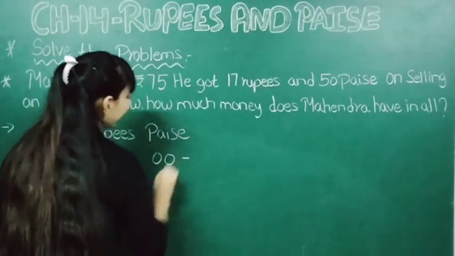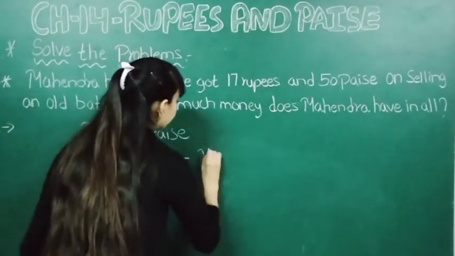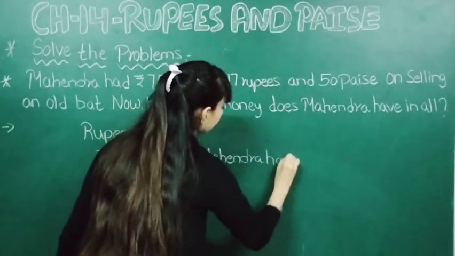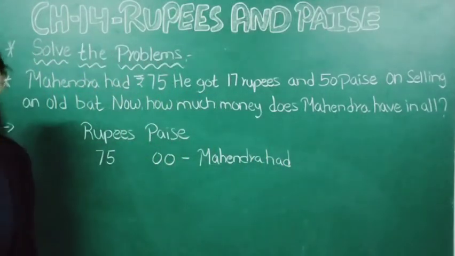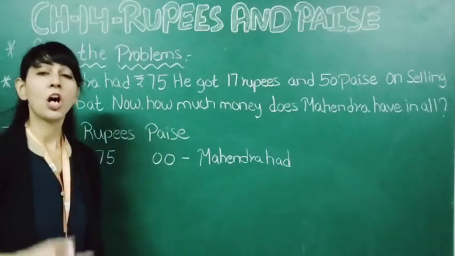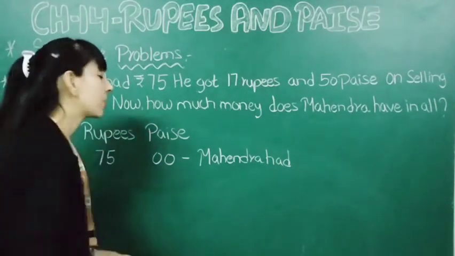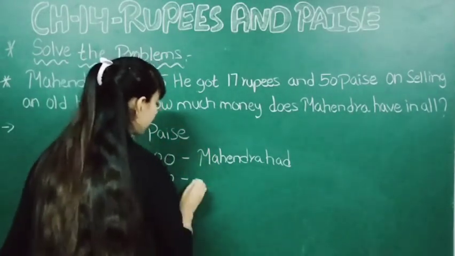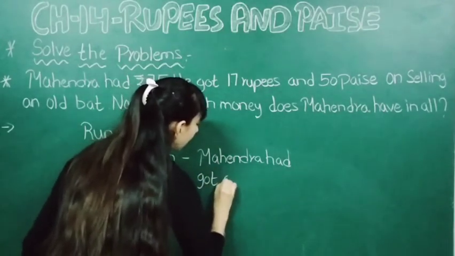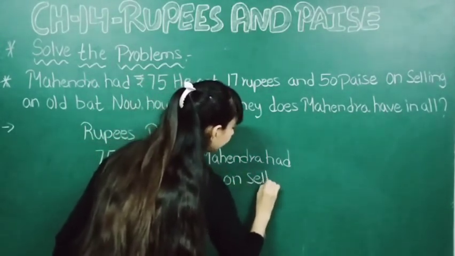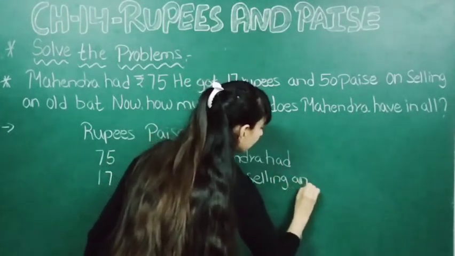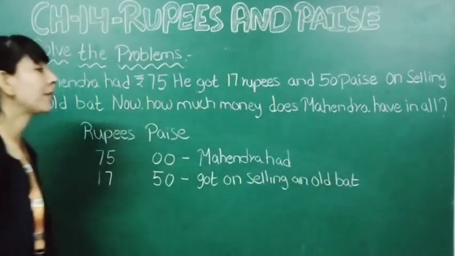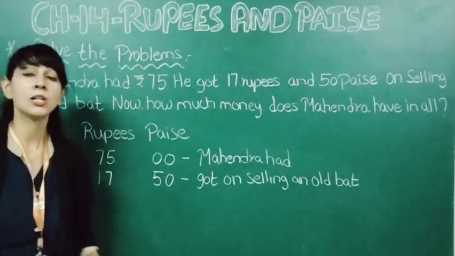Okay. Now in statement what we will write? Mahendra had. Now he got 17 rupees and 50 paise on selling an old bat. So here we will write 17 and here we will write 50. Here we will just write got on selling an old bat. Yes. Now here it is asked how much money does Mahendra have in all. So here it is asking